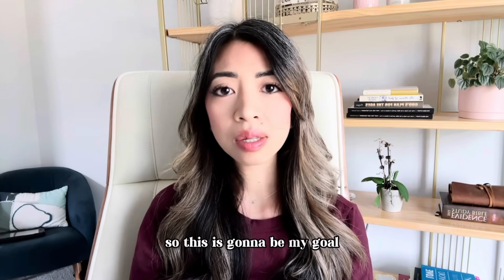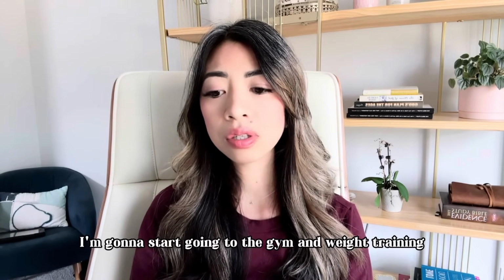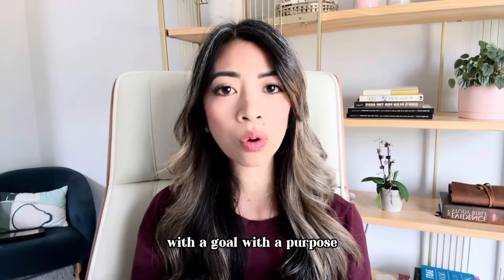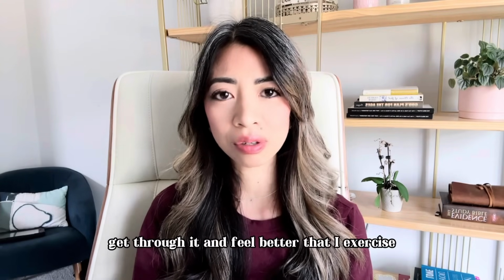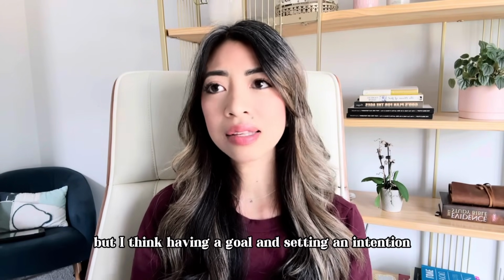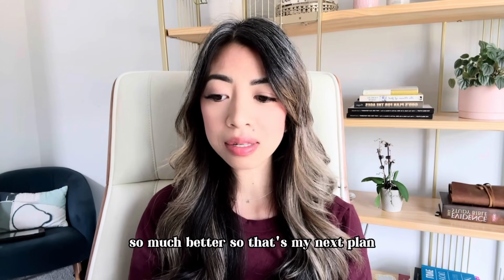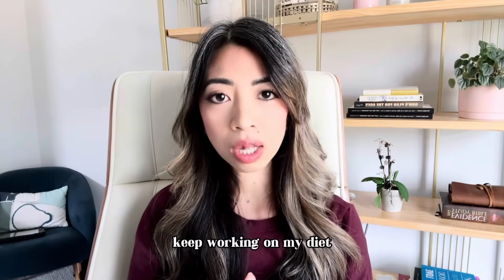So this is going to be my goal, especially when it comes to getting fit and exercising. I'm going to start going to the gym and weight training again. I have been going, but I haven't been consistent. I'm not going there with intention, with a goal, with a purpose. I'm kind of just going there to do the movement, just get through it and feel better that I exercise. But I think having a goal and setting an intention and having something to work towards will make it so much better. So that's my next plan, is to gain some weight and gain some muscle,